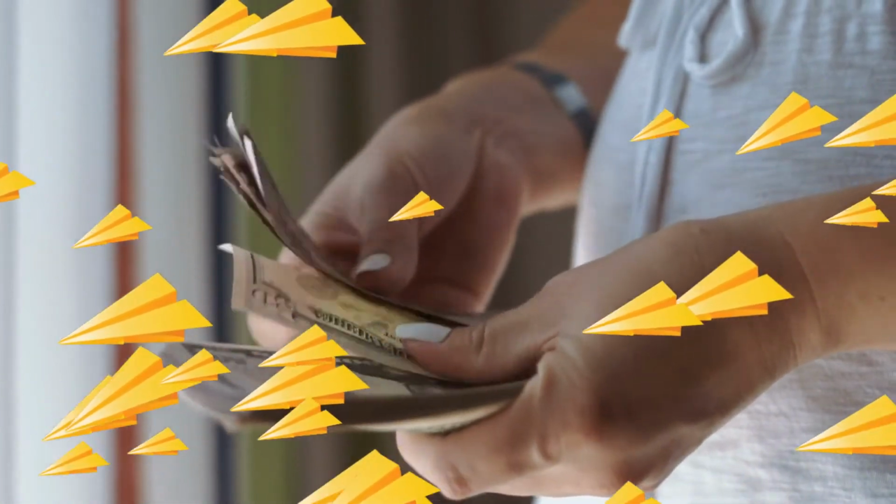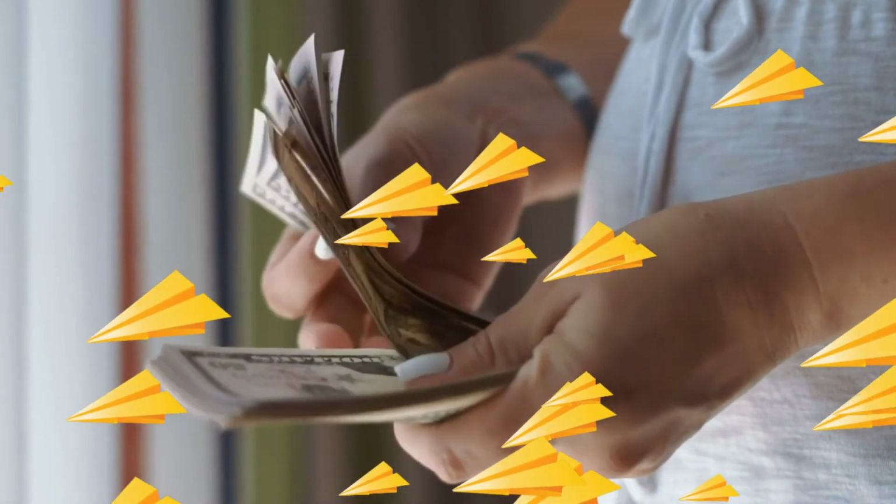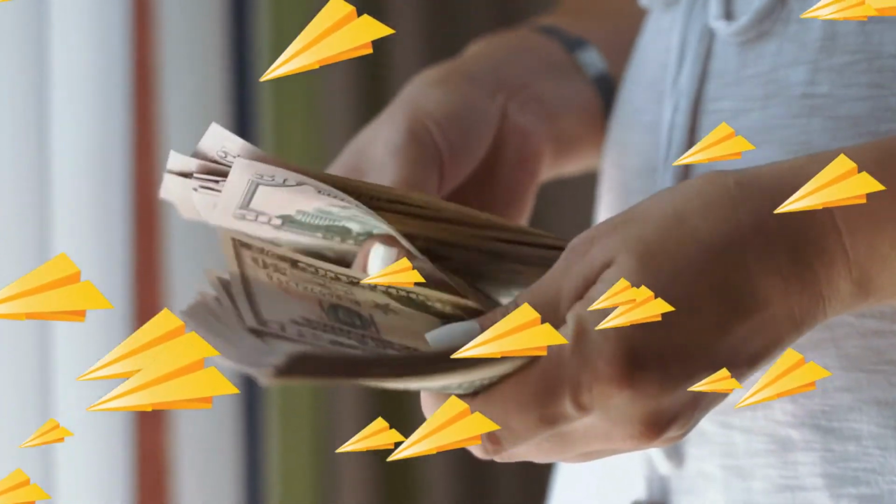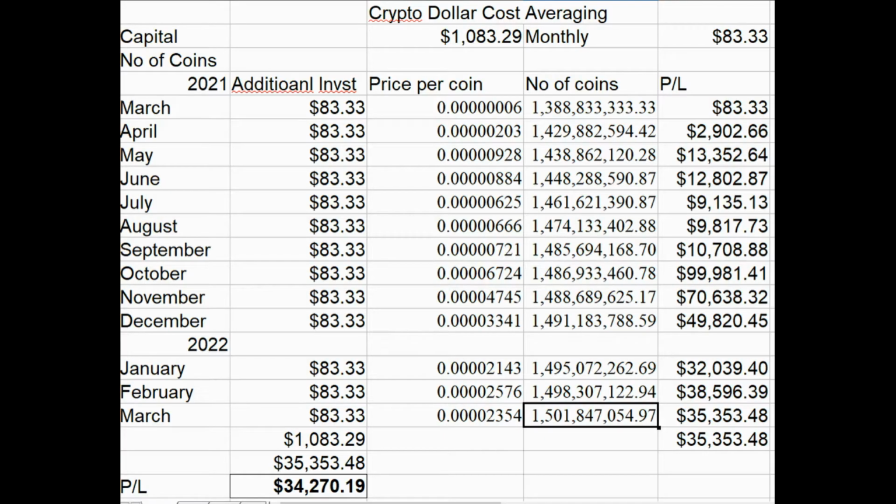My first illustration will tackle crypto dollar cost averaging. This kind of investment strategy takes advantage of the fluctuation of the price of any cryptocurrency coin that you might be interested in. The basic principle of dollar cost averaging is that you are pledging to buy on a monthly basis with a certain amount or higher, just to buy that coin during the time or schedule of your purchase. In my illustration, I use $83.33 in a 1 year period of time, and it will be